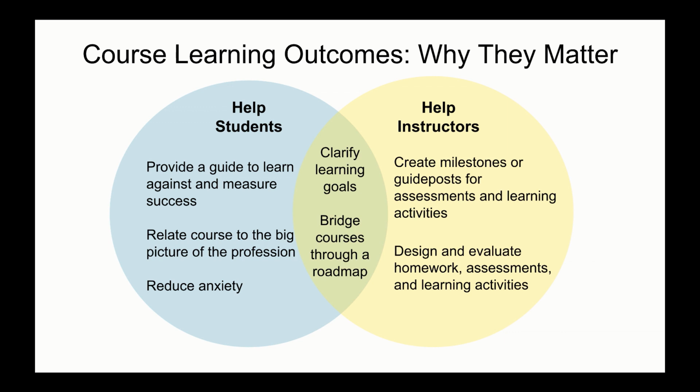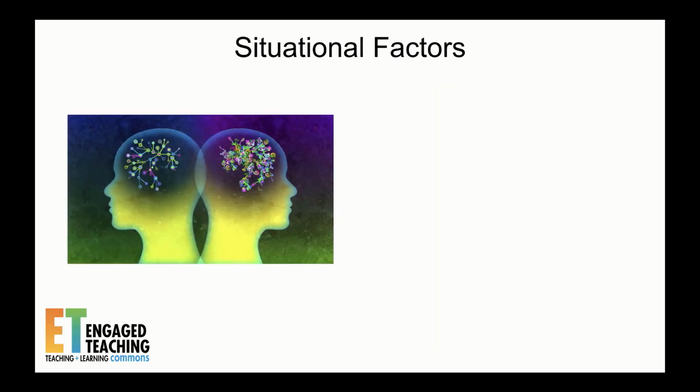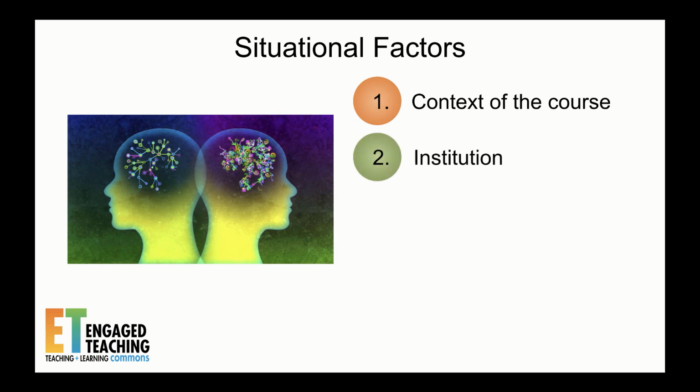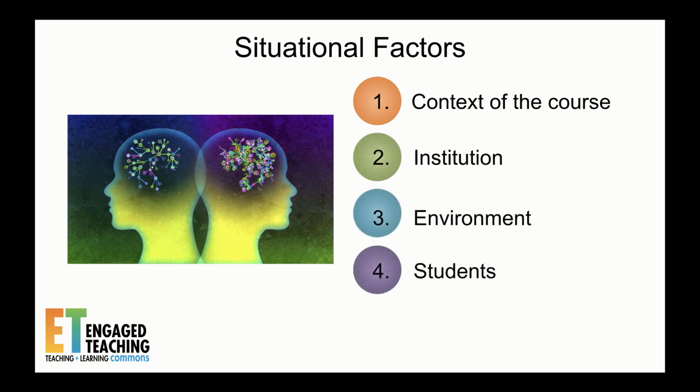that of learning. An important part of identifying learning outcomes is reflecting on several situational factors that will impact your course learning outcomes, as well as your overall course design. These factors include the context of the course, institutional considerations, classroom environment considerations, who your students are, and who you are as an instructor. Example questions to consider when regarding these situational factors include: where does your course fall in